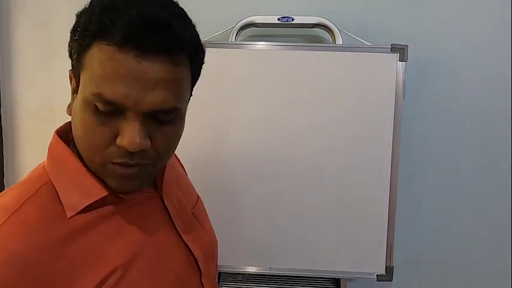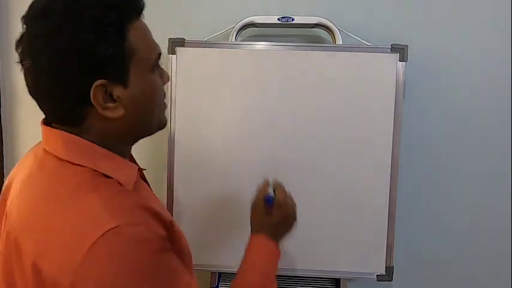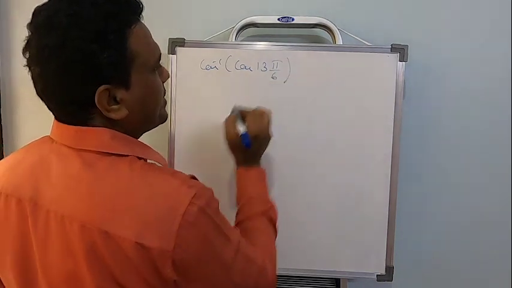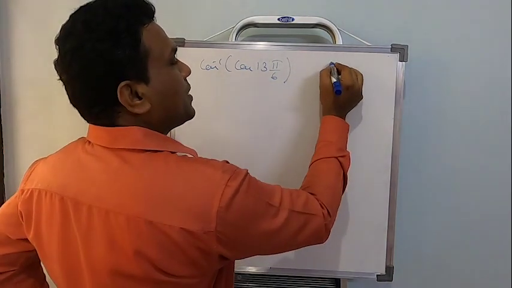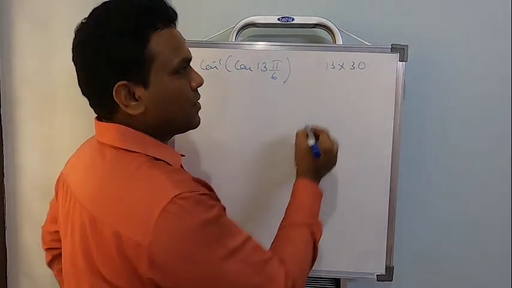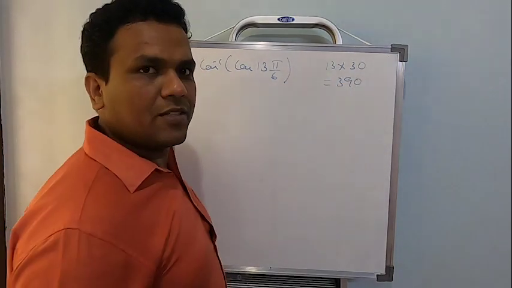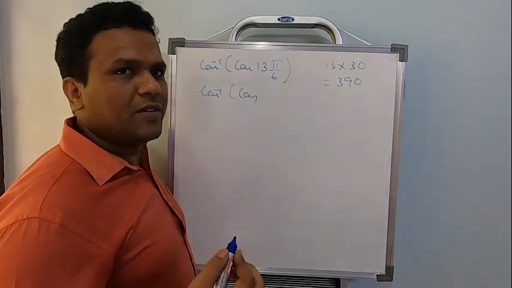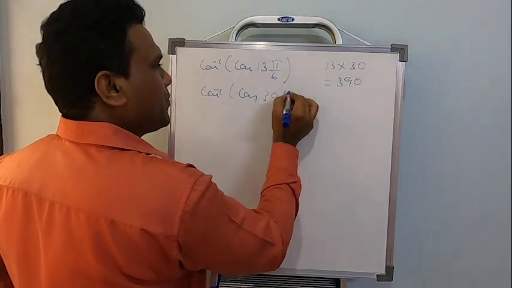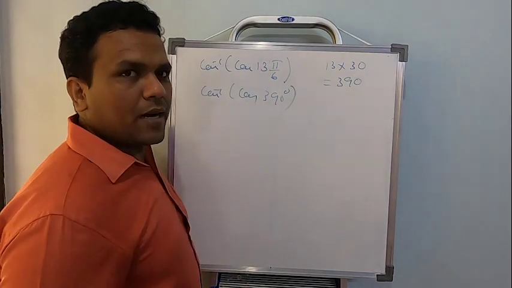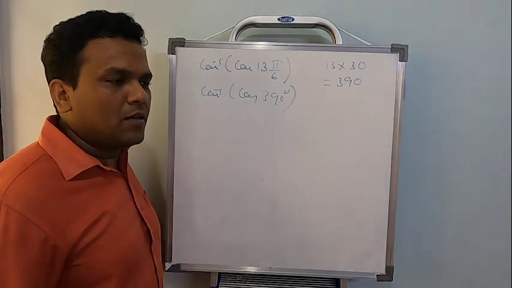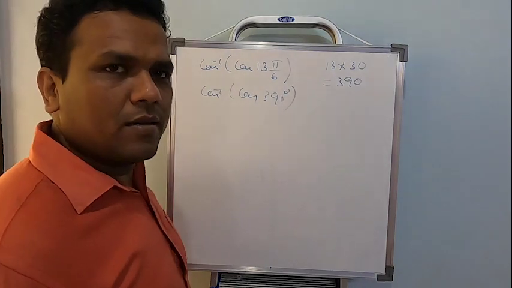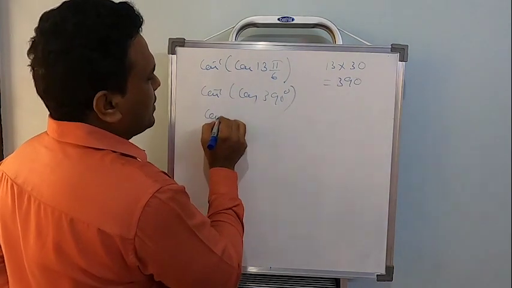That's the 10th one. So the 11th one is cos inverse cos 13 pi by 6. Cos inverse cos 13 pi by 6. So 13 multiplied by 30, how much is that going to be? 390. That's fine. My suggestion remains the same: if you're feeling it easier in terms of degrees, please do it now, not at all a problem. But I suggest you practice in terms of radians because objectives most of the time, not just most of the time, every time, are based on radians only. So let's go and convert this.